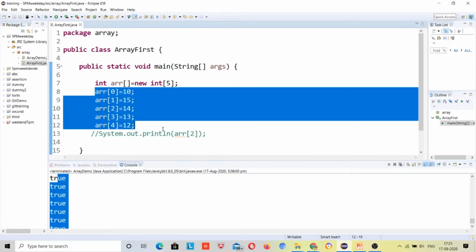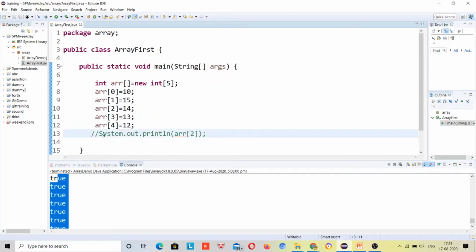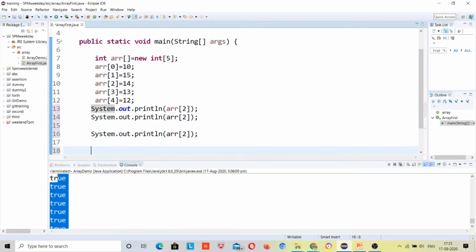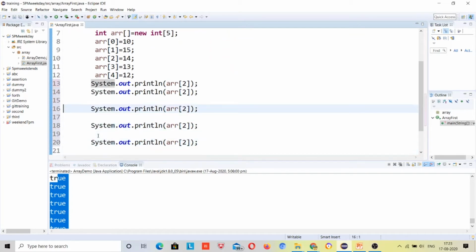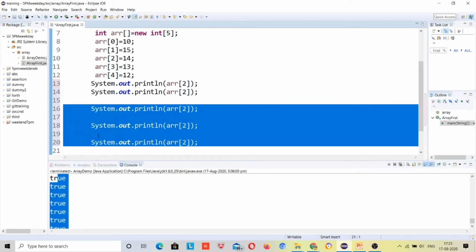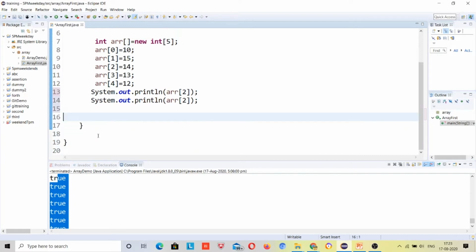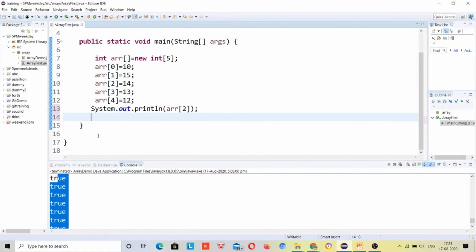Suppose I want to print all of these numbers, so is it worth printing this 5 times? No, this will be code redundancy, same code again, right? So you can just remove these lines and use a for loop for that.